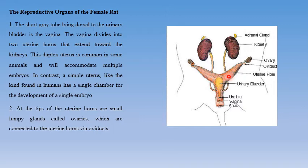More than one baby can stay inside it, that is why many babies are born together in a rat. In contrast, the simple uterus is found in humans as a single chamber for development of a single embryo. In humans only one chamber is found, so one embryo develops. In the rat there are two, so more than one baby can develop. At the tip of the uterine horns are the small lumpy glands